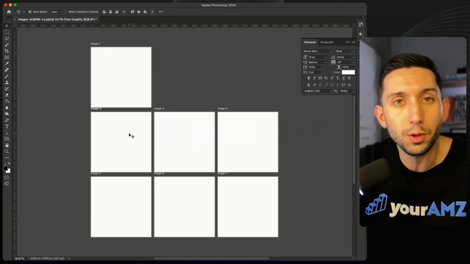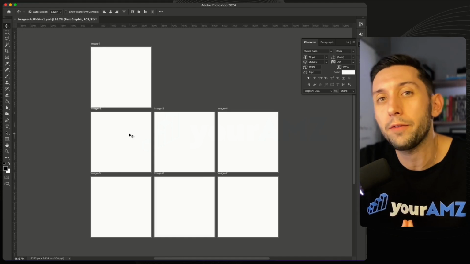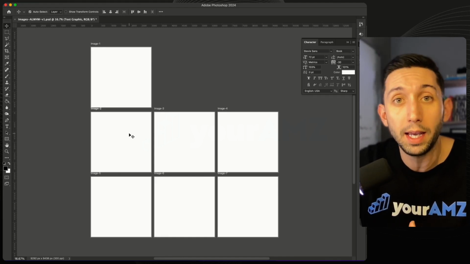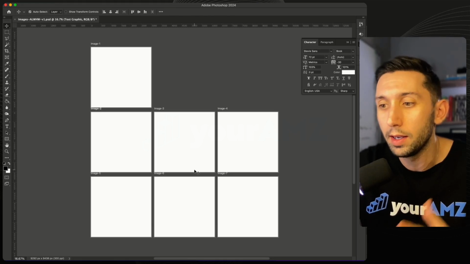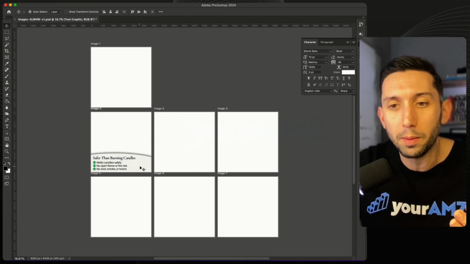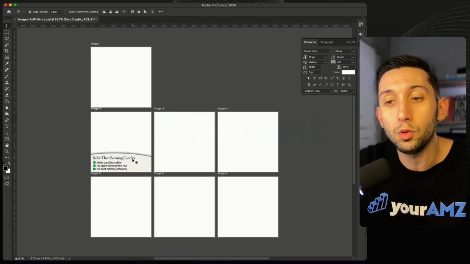So the first thing we're going to do is, what is this text graphic going to look like? For some accounts, it's going to be very complicated and have a lot of design work. In this example, it's going to be pretty simple. It's just going to be a little bubble coming up from the bottom, headline, 3 bullet points. I come up with this design, and then I'm going to apply that to all of the rest, which I'll